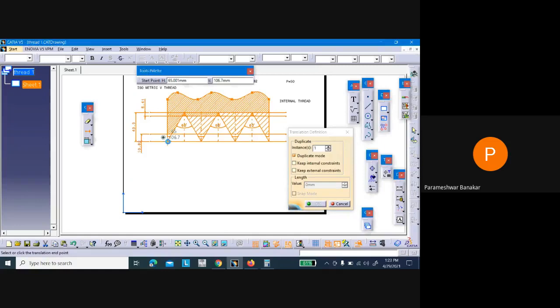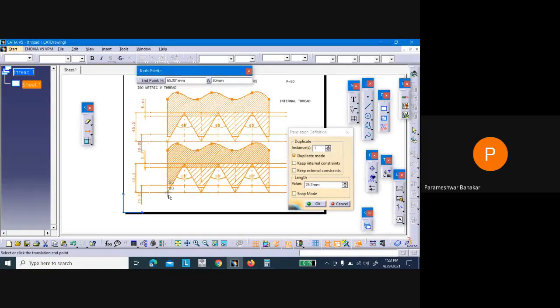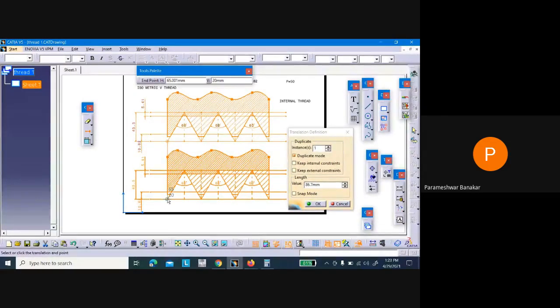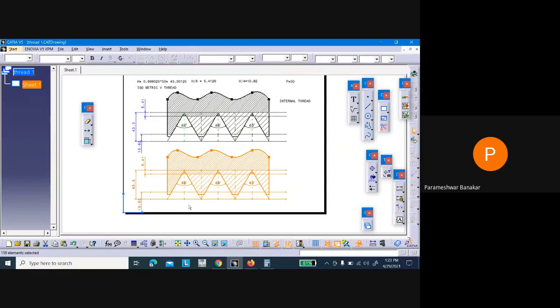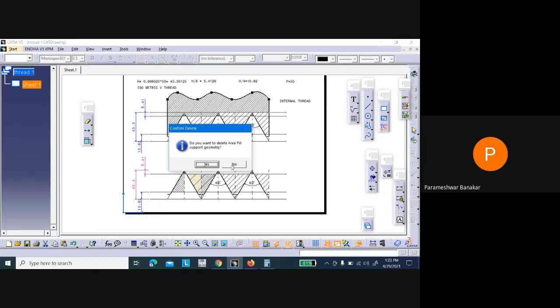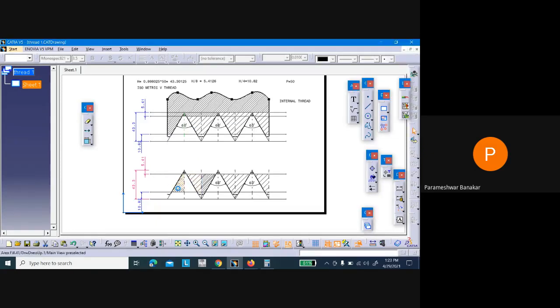From here below, at a convenient distance you can draw. Now just remove this. In order to draw external thread, we are supposed to remove all those things except the lines.